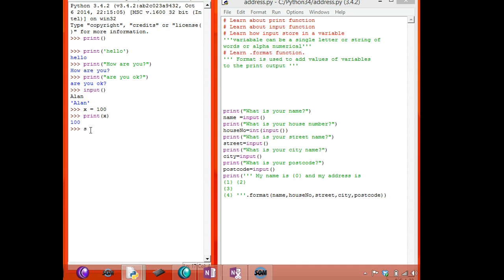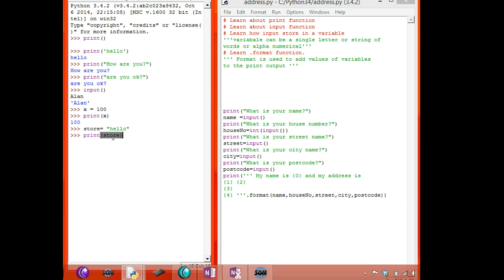A variable can be a string of letters. I just put store. So store equal to, I will store a string, hello. Now I print the variable store. Again, I don't need single or double quote. I just open bracket, whatever the variable name, make sure the spelling, the caps, small letters and everything is right.